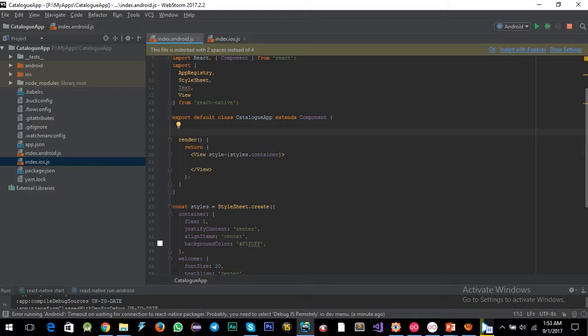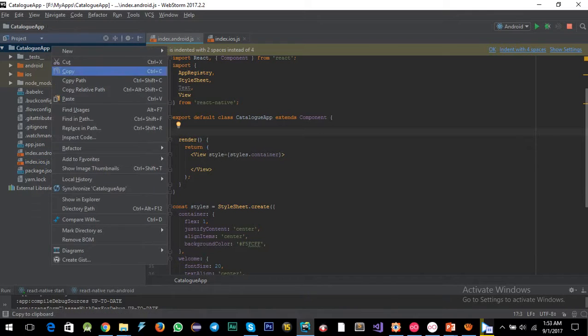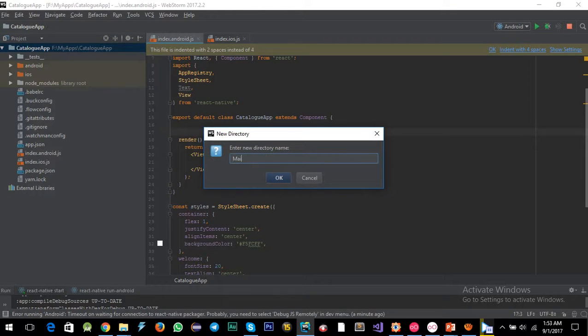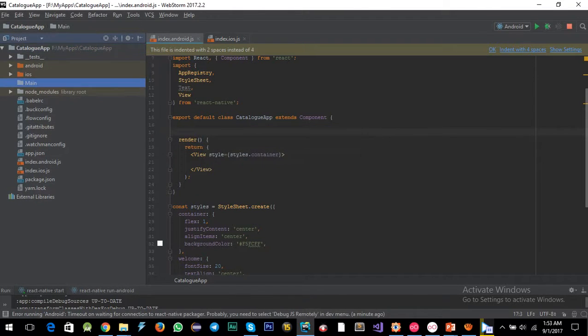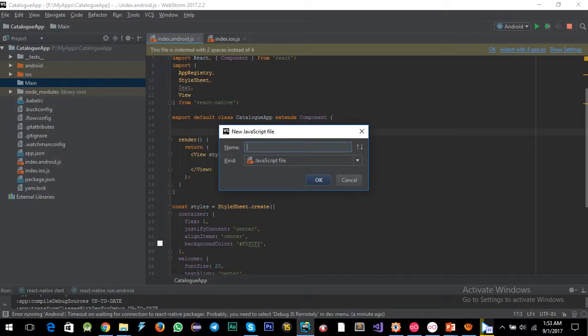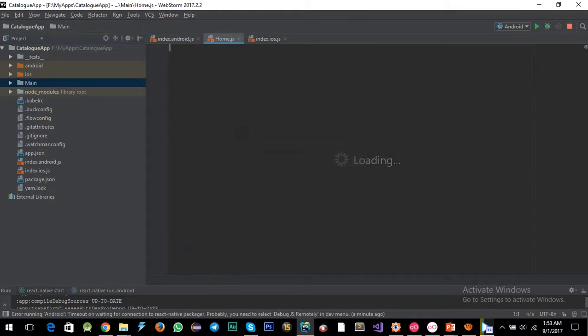So let us come here and we create a folder, new, and we call it main. So this is our folder. Inside here in main, let us add another JavaScript file and let us call it home. When we call it home, inside this home file we are going to put